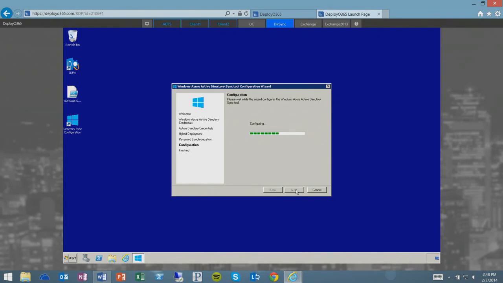The very first time, it does take a little bit of time because it's capturing the entire Active Directory, pushing it up into Windows Azure AD, hashing all the passwords, sending the hash of a hash from a password perspective. And it says it's configuring, done, and it will be done in a little bit. And we'll be able to actually see those users who got implemented directly in the admin.